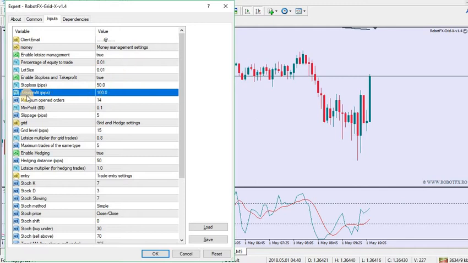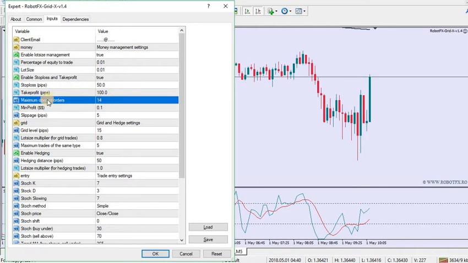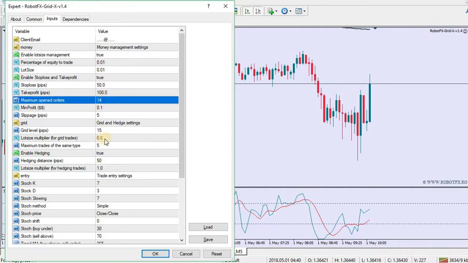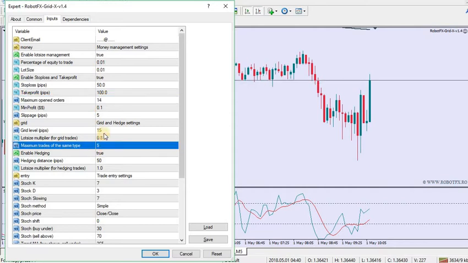Now that's one thing. The next setting is the maximum open orders. This refers to the buys and the sells all together. However, it must be said that there is also another limit, which is the maximum trades of the same type. So whichever comes first will limit the trades on this chart. For example, if maximum trades of the same type is set to 5, as it is now, it means that the expert advisor will be allowed to place 5 buys and 5 sells on this chart,